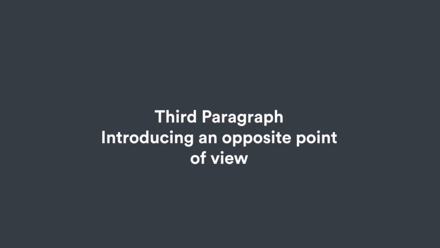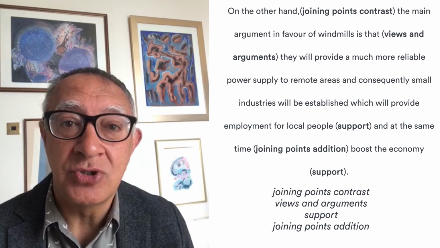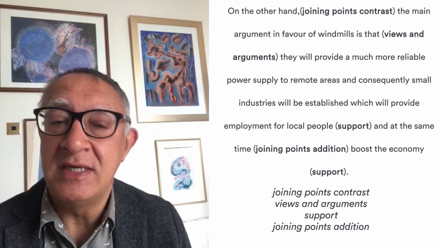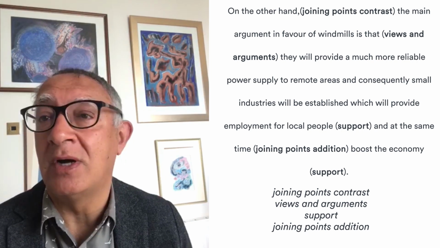Next paragraph. Introducing an opposite point of view. On the other hand, this is a contrast joining point. The main argument in favor of windmills is that, here I'm going to introduce a view or an argument,